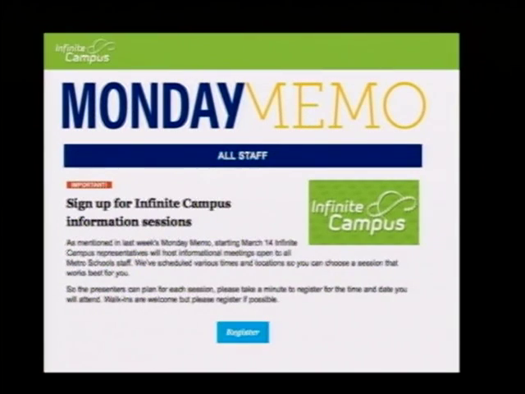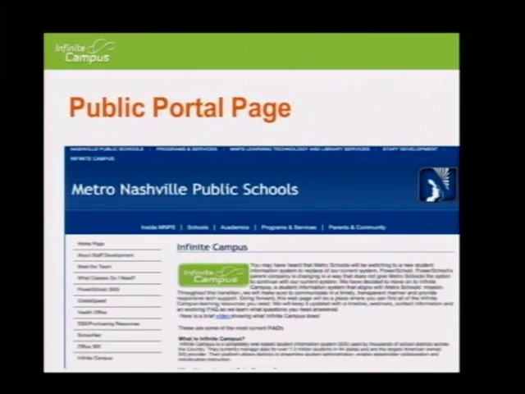So, Monday memo, that's one of the ways that we've been trying to communicate what's going on with this event and obviously other things that are happening in the district. What you're seeing here on the screens is an example of basically a snippet from last week's Monday memo. That was the opportunity for you to sign up for some of these roadshows. Check your email. We also are posting some information on our MNPS.org site, basically our internet site that is more